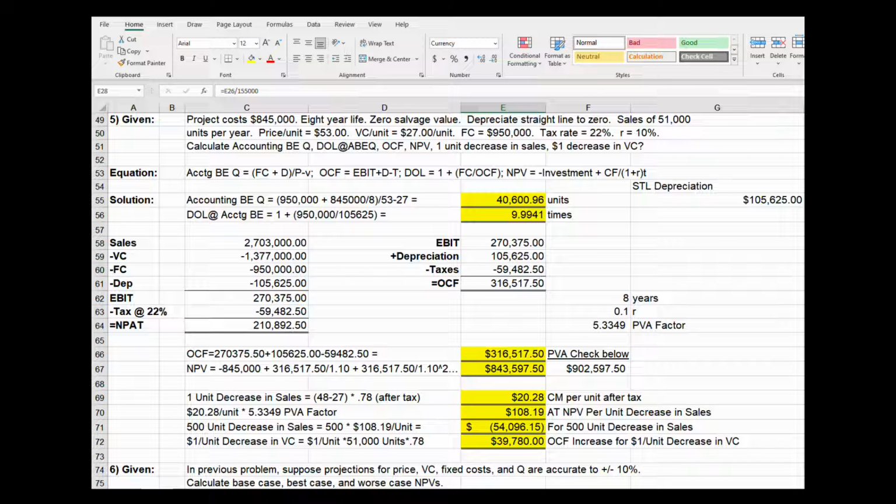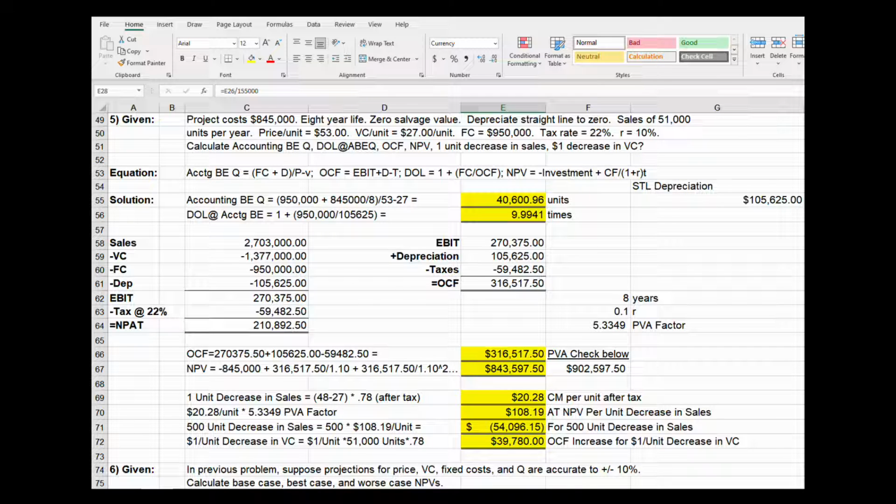What happens to the OCF? So the equation for accounting break-even is fixed cost plus depreciation over contribution margin. And obviously we can calculate OCF the traditional way, EBIT plus D minus T. If there's no interest expense, we can go bottom up with NI plus D. The degree of operating leverage is 1 plus the quantity, fixed cost over OCF. And the net present value is minus the initial investment plus all the discounted cash flows coming in over the